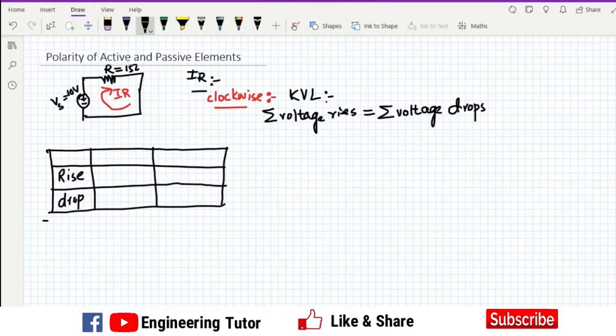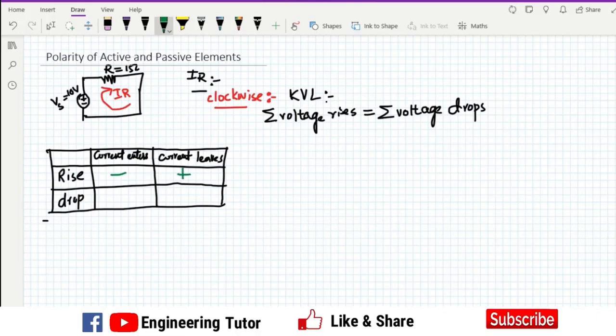So the terminal where the current enters and where the current leaves. When in the element the current is entering through the negative and leaving the element through the positive,